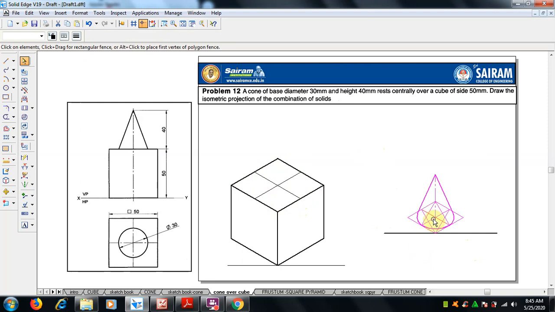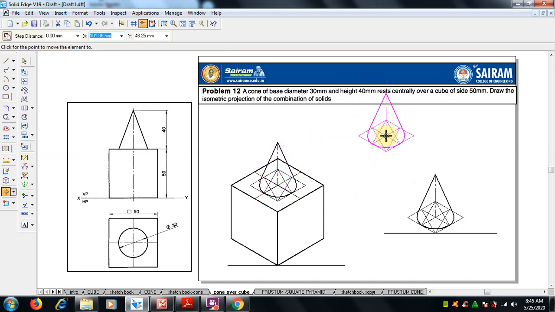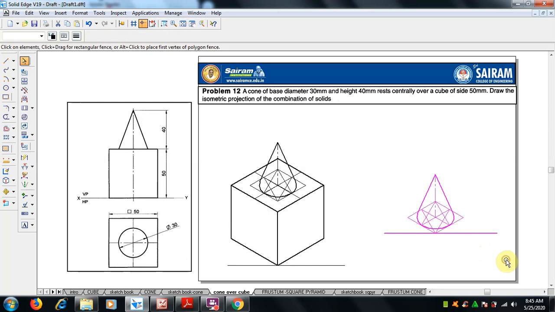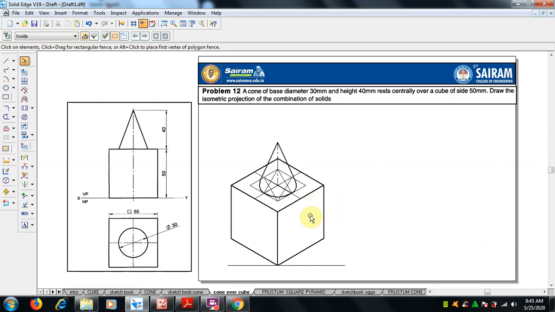Okay, and this is the center. So move with this center point. Okay, so the center point of the base, where the axis resides, keep it here. That's all. This is done. You can delete this. Now what it is, a 50 cube and a cone is done.